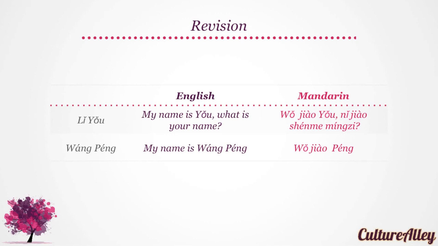Here is the informal introduction conversation. As always, first in English, then in Mandarin. My name is Yo. What is your name? My name is Wang Peng. And this is how it is said in Mandarin. 我叫友，你叫什么名字？我叫王鹏。